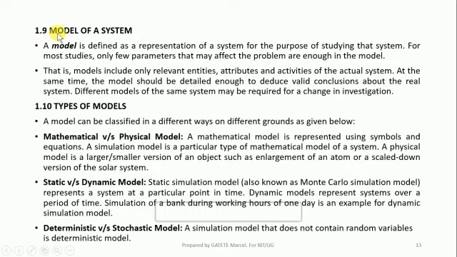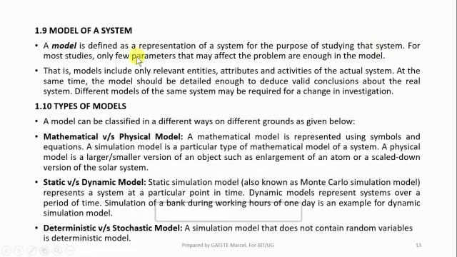So we are going to see also what is called a model of a system. A model of a system is defined as a representation of a system for the purpose of studying that system. If we say a model, it is a representation. A representation means that it is not a real thing. It is like a design or a drawing. You can draw a system and represent such a system using sheets of pen and sheets of paper. If I use a model, it means that it is a representation, not a real system. So this representation will help you to study that system.